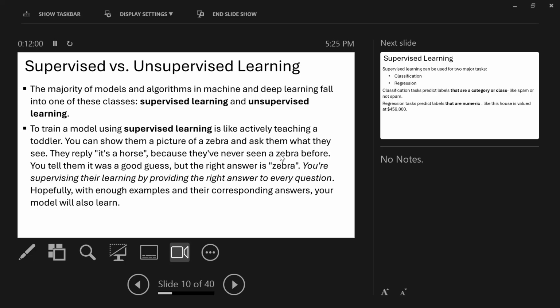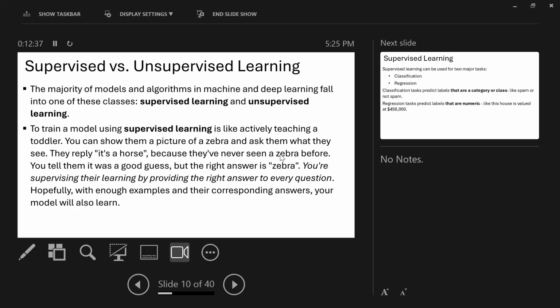So supervised learning, like I said, is when you train a model using labeled data. An example is like teaching a child, like a toddler, objects in a particular space. You are giving the toddler the information, and you are also giving the toddler the name of that particular object.